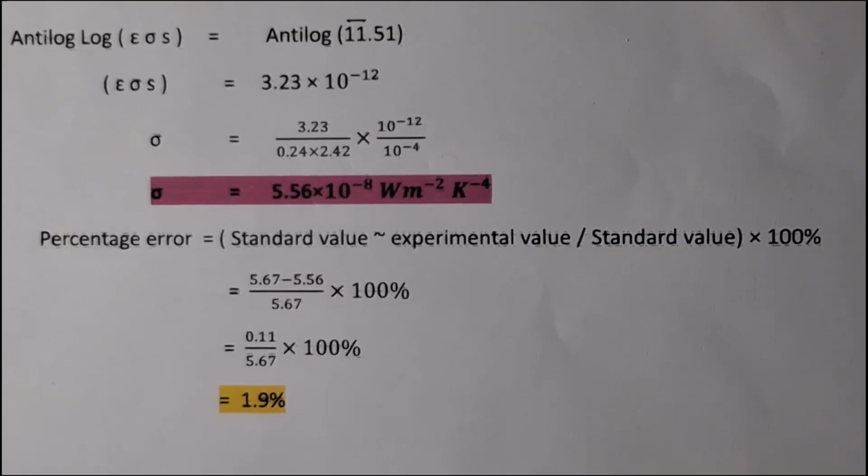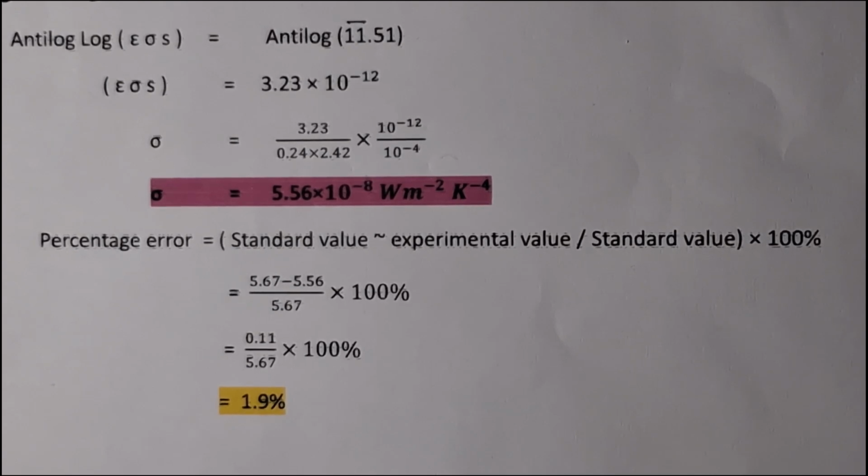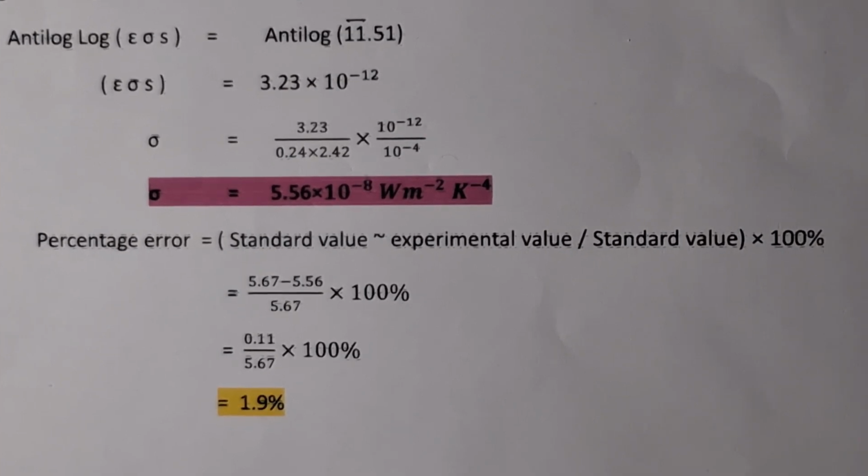Now we have found the value of the Stefan constant. We observed its value is 5.56 into 10 to the power minus 8 watt meter to the power minus 2 Kelvin to the power minus 4. We know that it is a well-known constant which has the standard value 5.67 into 10 to the power minus 8 watt meter to the power minus 2 Kelvin to the power minus 4. We can calculate the percentage error and found it